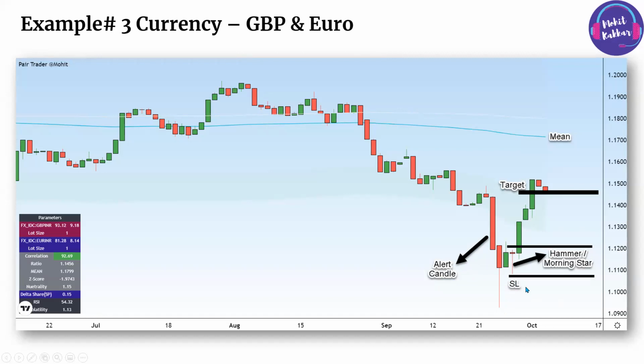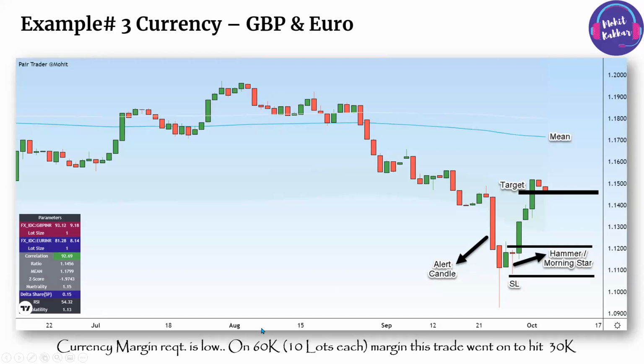तो currency can give you good return, currency can cut you real bad as well. एकदम तेज चाकू जैसा है ये. तो this was our stop loss. So currency margin also is very low. That is why I say it can cut you and kill you hard as well, give you real money as well. So 10 lots short, 10 long in GBP, because GBP is 90 something, euro is 80 something,